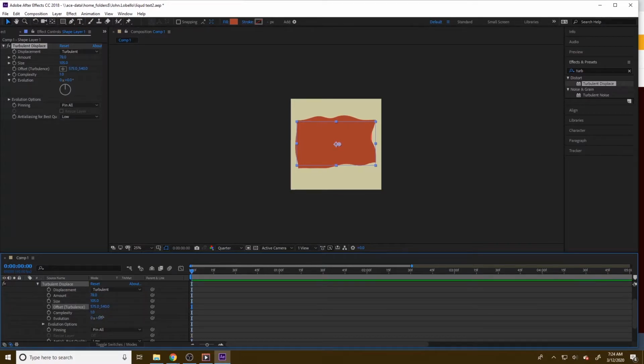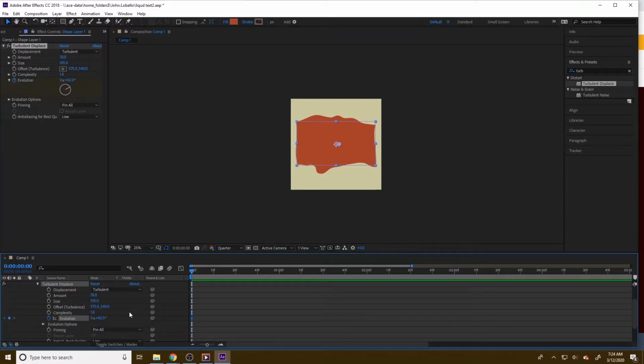And evolution is another one we could do as well. So both offset and evolution help this animate here. Whichever one you want to animate, offset or evolution, you can look at that. If you want to look at complexity as well, you can mess with that. I wouldn't animate complexity. I would just keep complexity constant. But let's, I'm going to choose evolution as my